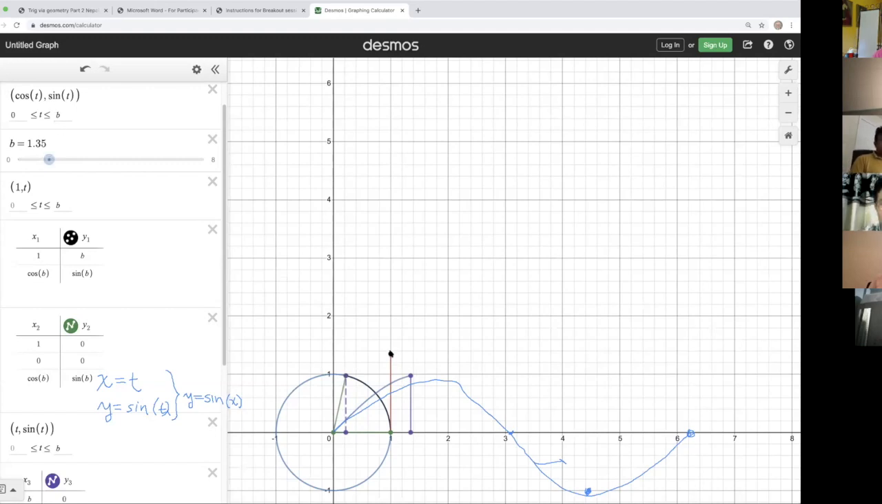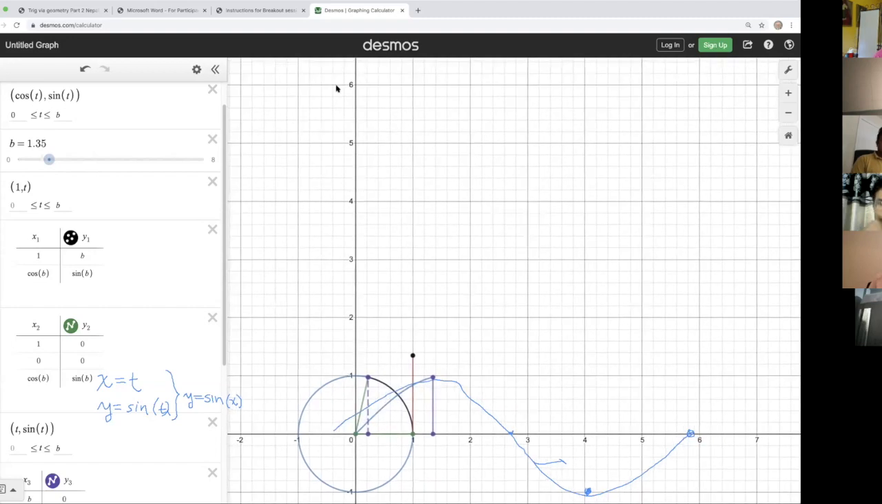B is the length of this vertical segment. B is the length of this arc. B is the radian measure of the central angle. And B is also this distance. Let me try to turn my annotation back on and erase some of these other things